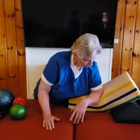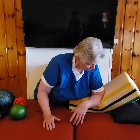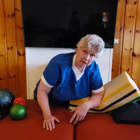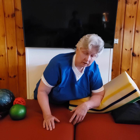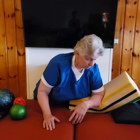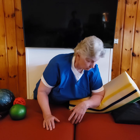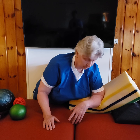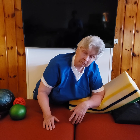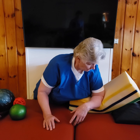Now we have a pretty even distortion of all tissue. And that's going to feel like good pressure. That's going to feel like very good pressure. But can you tell that she's able to hold that? She's able to hold that for a long period of time, and her pressure is distributed over a much broader base than if it was just a sharp elbow. This is going to be more comfortable for the client, more comfortable to her as the massage therapist, and